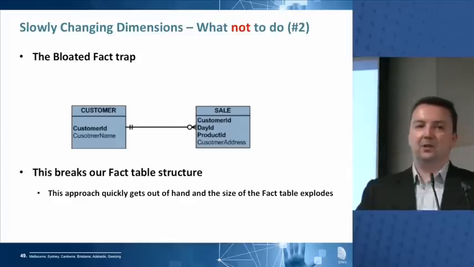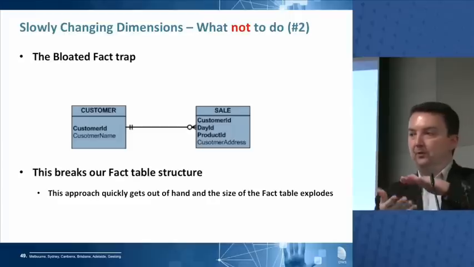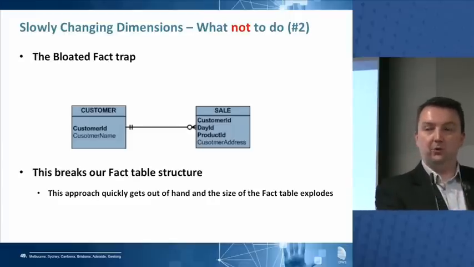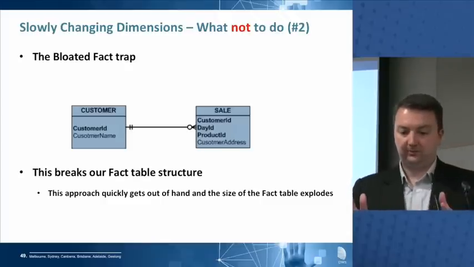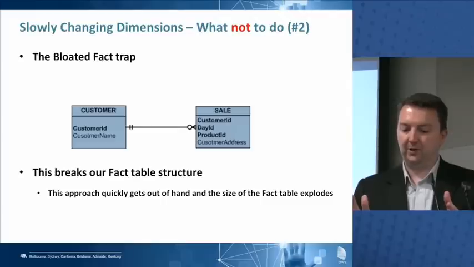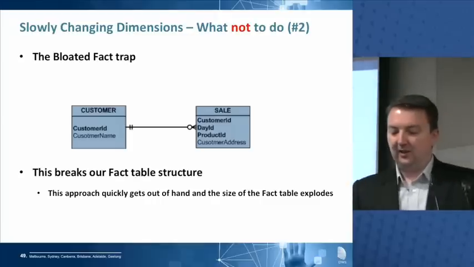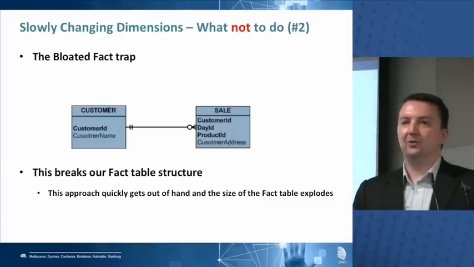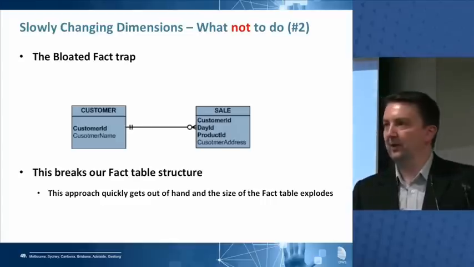We'd go from having a nice narrow fact table that was very, very long, millions and millions of rows, with dimension tables that were short and very, very fat, with lots and lots of descriptive attributes, to, well, not the opposite. We'd still have a very, very long sales table, but it would be very, very wide as well. And we might say, yeah, space is cheap, but how long is it going to take to answer queries when we've got to scan all of this data with our computer?